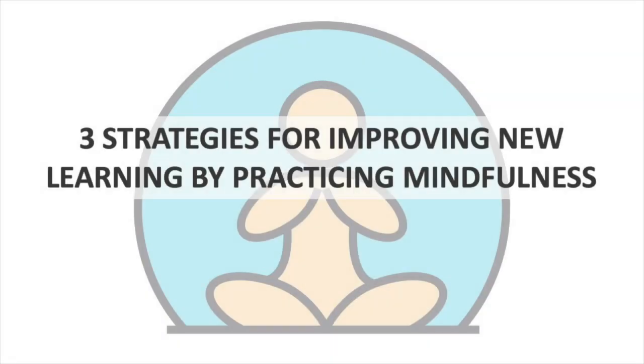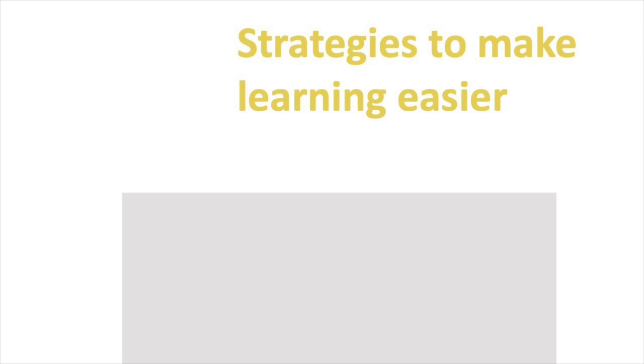3 strategies for improving new learning by practicing mindfulness. When we consider how to keep our brains healthy, it's common to focus on external habits we can change, like our sleep patterns, exercise, and nutrition. However, multiple scientific studies have proven that practicing mindfulness increases the growth of the hippocampus, the area of the brain associated with processing and storing information and memories. It seems we may have overlooked our internal landscape as one of the ways we can improve how we learn